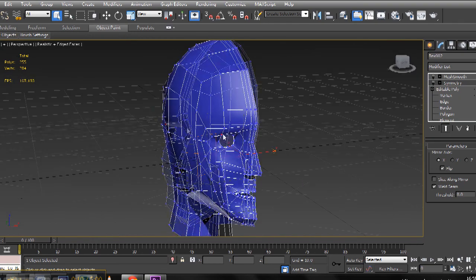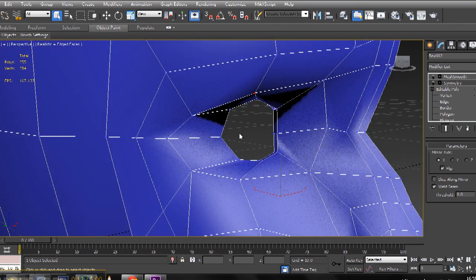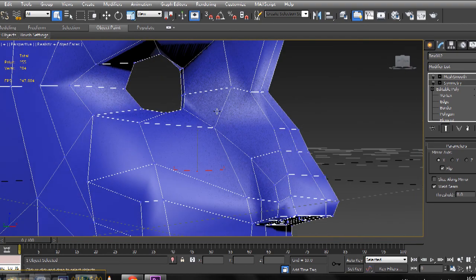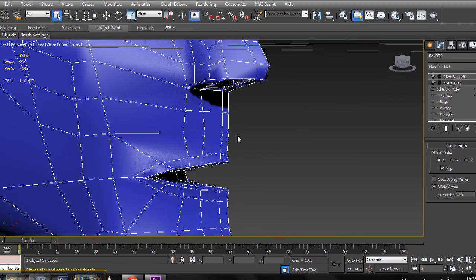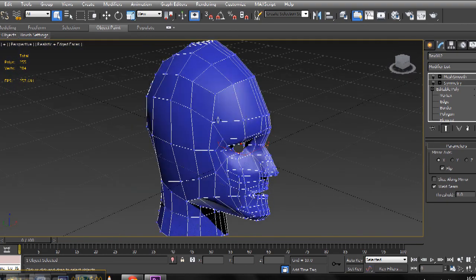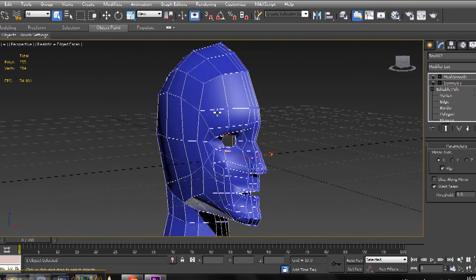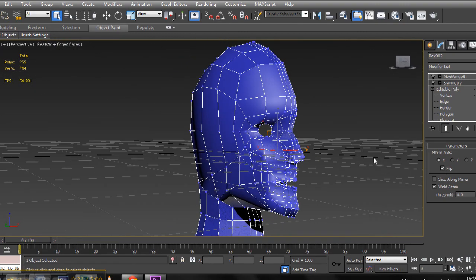Okay, so we're just going to do some of the finishing touches now, and I've done a bit more work around the eye, on the nose, and just finalising the lips, just to make sure everything's as I want it to be. And what I'm doing now is going